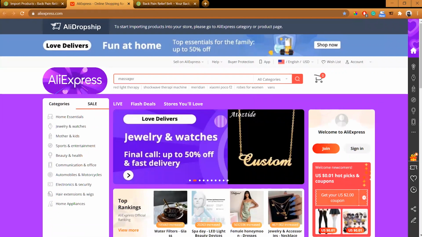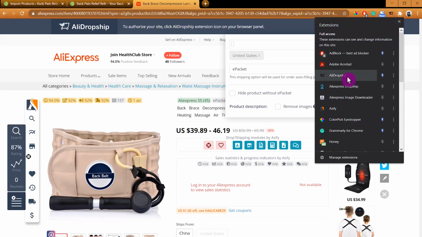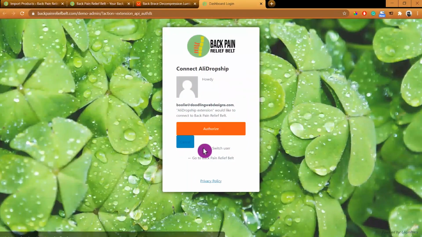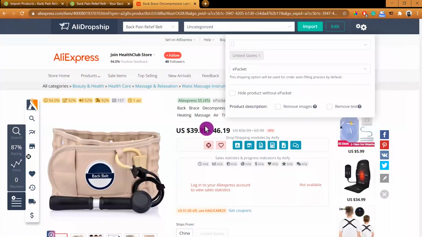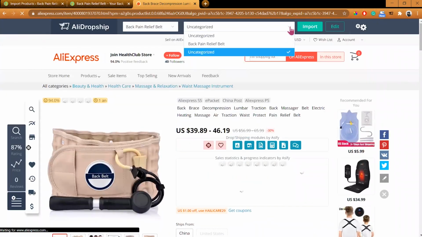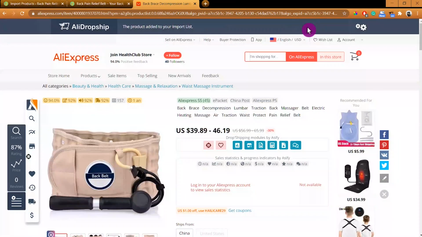When you install the plugin, it should tell you that you need to install the Alidropship extension for Google Chrome. It is right there. It's a little bit dark for my browser. And then click the gear icon to log in, and then it will ask you to authenticate your username, and then your store should pop up in the Alidropship bar on the top of the page. You can select the category for your product that you want to import into, and in this case, this is the product that I plan to add into the demo store. We will select that category and click the button to import it,